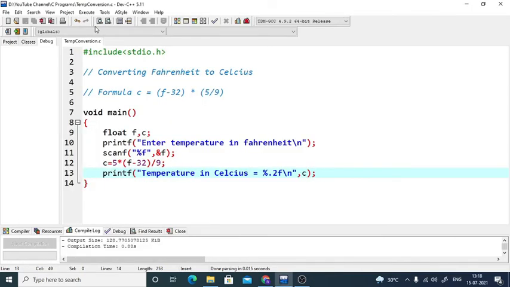So in short, a very short and sweet program which is doing the computation. We have not yet started with control structures and all these things. We currently are at the level where we can do simple programs: take the input, apply the formula, do the computation, get the result, and display it. As I said, I'll try to give you some more programs at this level before we start with control structures. In some of the programs you'll be learning some concepts as well, like how to create constants or what preprocessor directives are.